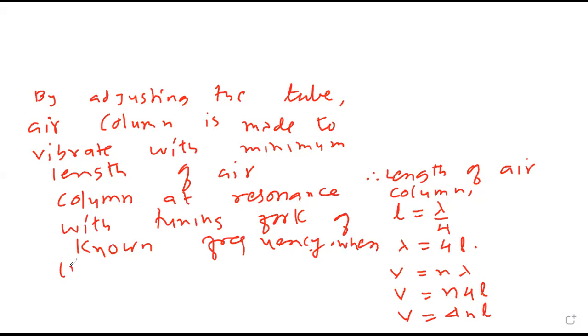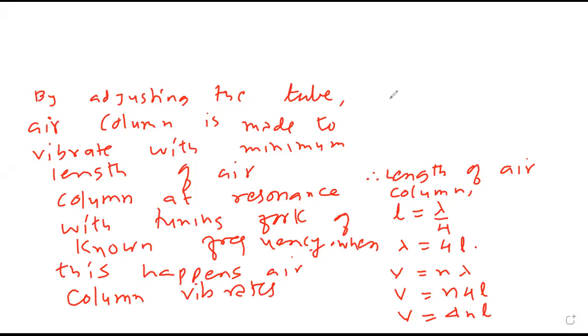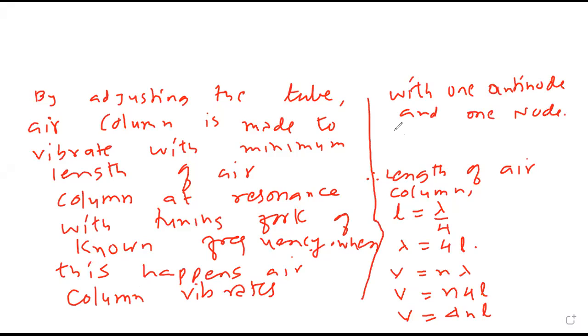When this happens, the air column vibrates with one antinode and one node. Therefore, let lambda be wavelength. Then copy from the screen. Therefore, length of air column L equal to